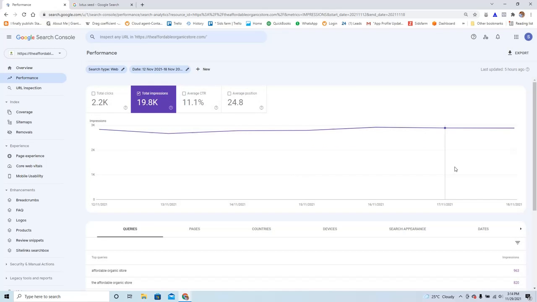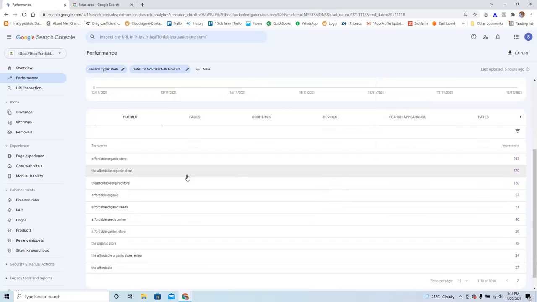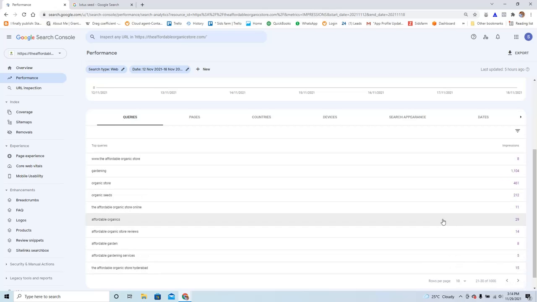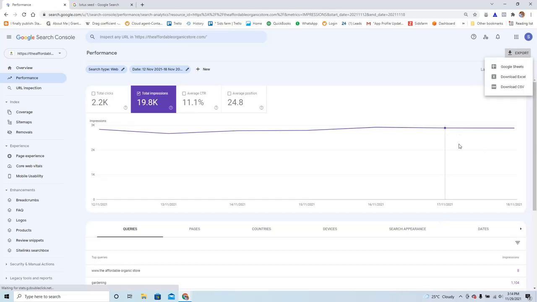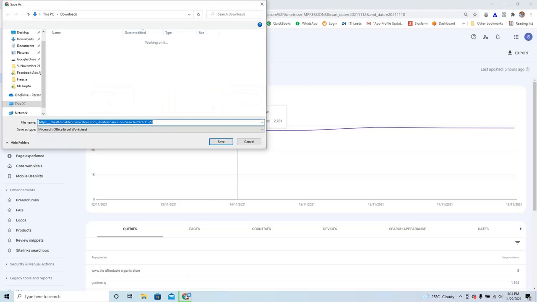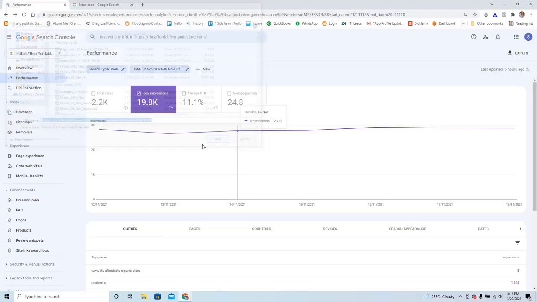So this is my data for 12th November to 18th November, and below this I can see the total impressions that all the queries are getting. So what I'll do is export this as an Excel sheet, and I'll save this data.